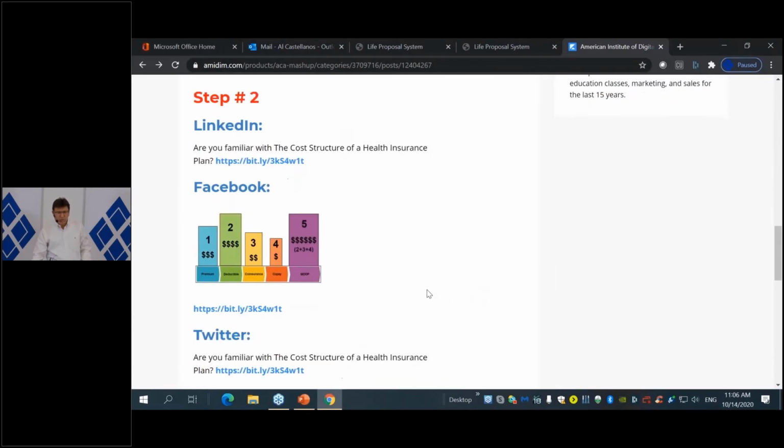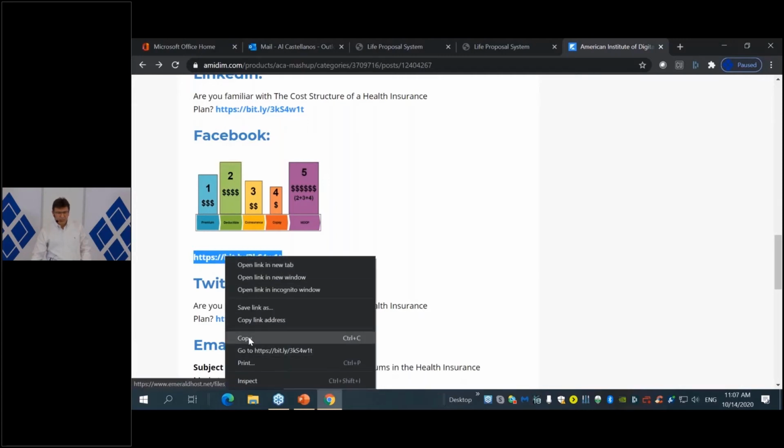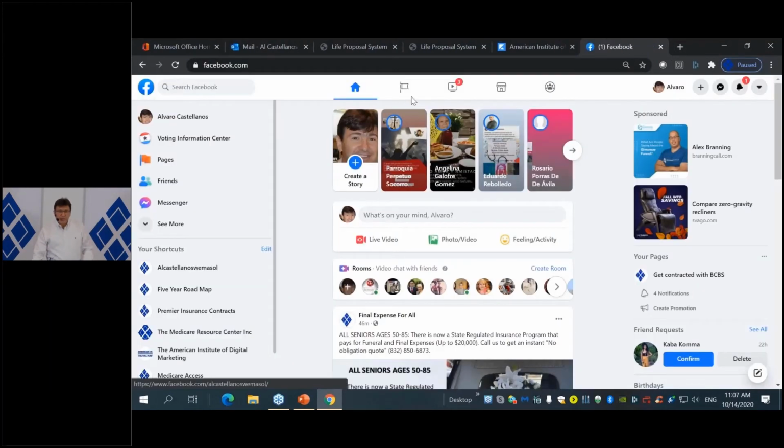So I'm going to take this, and here again, we have the bit.ly shortener and we have the image. So I'm going to just take this bit.ly shortener here. I'm sorry about that. I need to make sure, this is a very sensitive mouse that I use for these presentations, so I need to make sure that we do it right. So now I'm going to open my Facebook account, and I'm going to go to my pages.